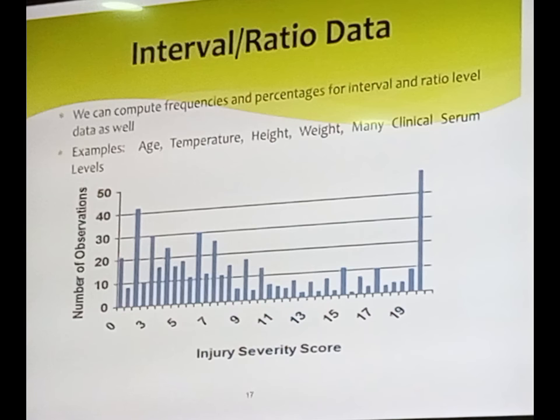Mean and standard deviations also we can use. This is nominal data. With the help of nominal data, we can describe our research findings. And